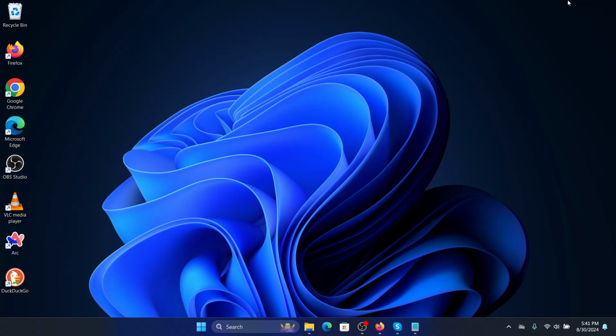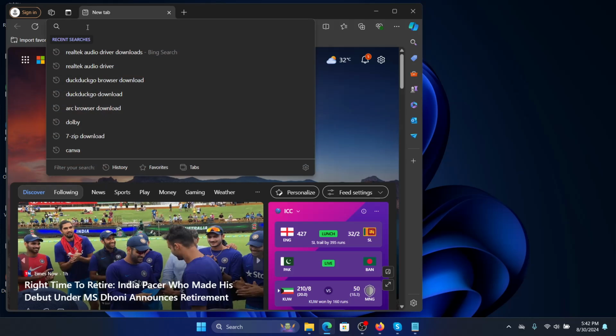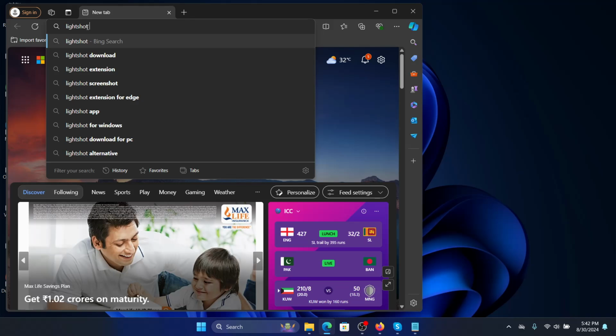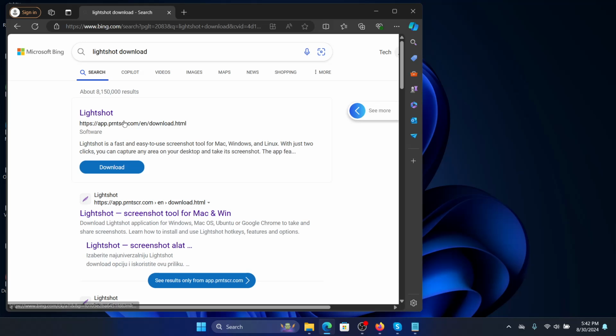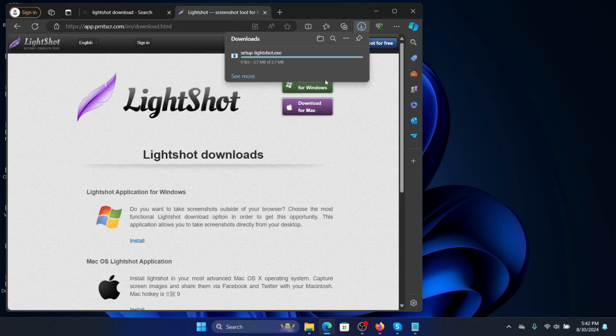If you wish to learn how to install and use Lightshot, then watch this video. So Lightshot is this great screenshot and screen recording app, and the way to download it is we just open the browser and type in Lightshot download, and we will open the Lightshot website and click download for Windows,